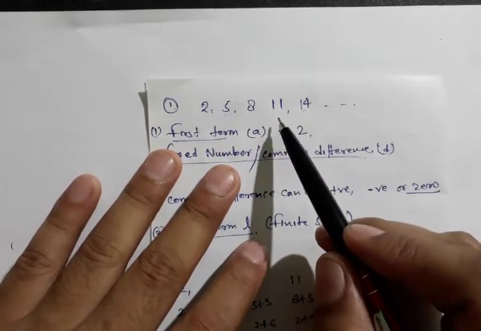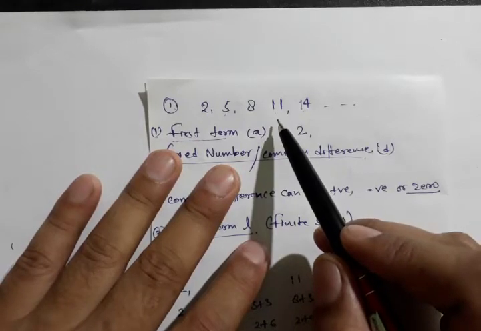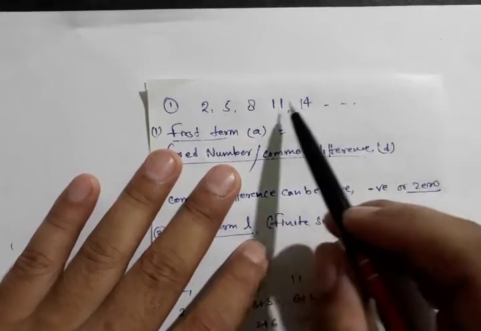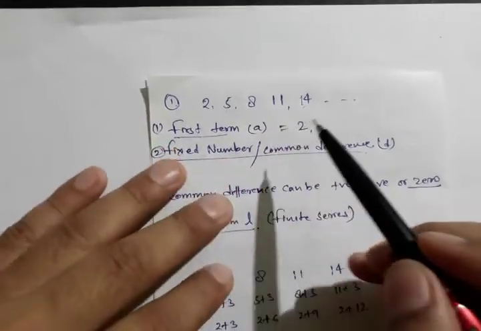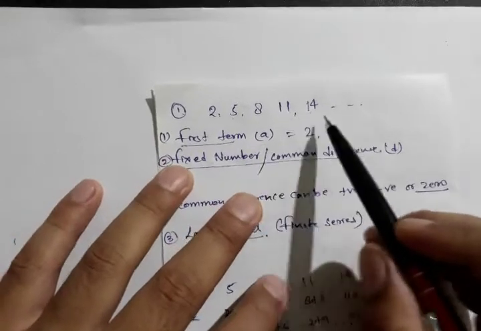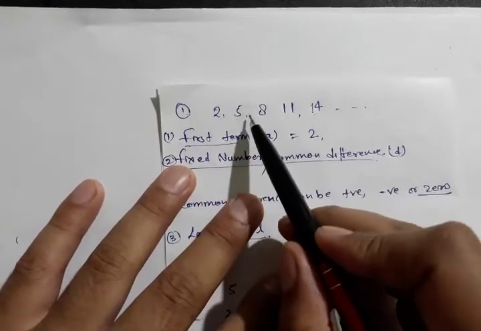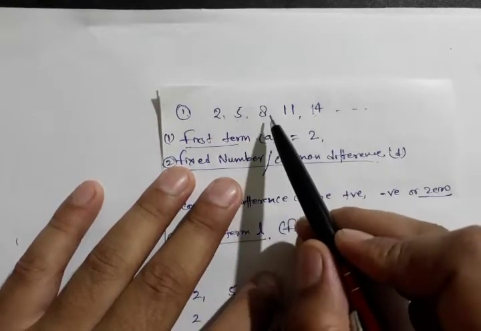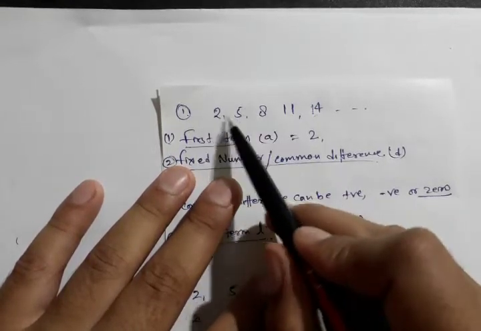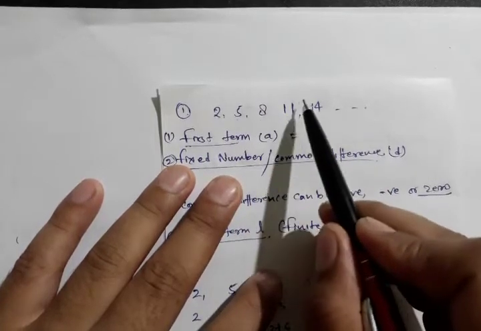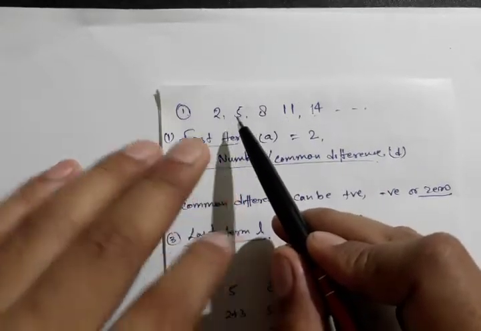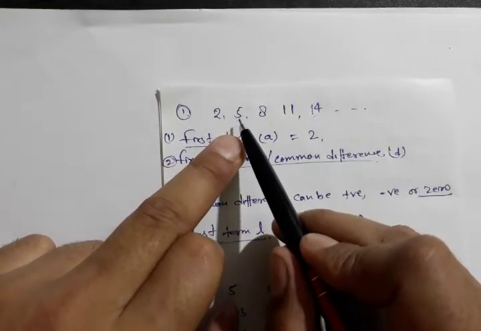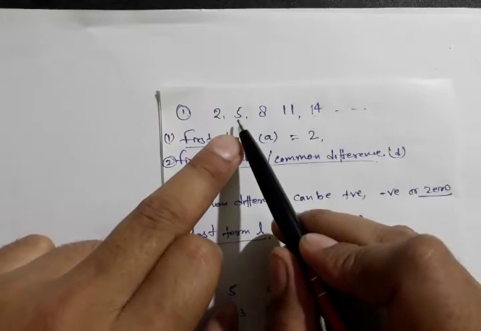Whenever you are given any sequence, how do you find whether the given sequence is in arithmetic progression or not? For that we will use a very simple method. We take any two consecutive numbers, either the first two, or these two, or these two. You subtract the preceding number from the succeeding number. Getting this or not? Every time, the difference should be the same.